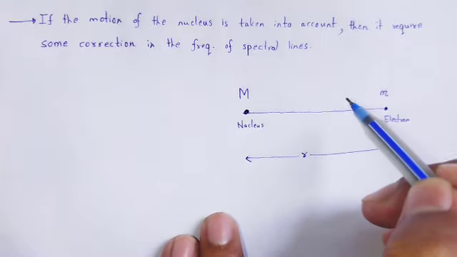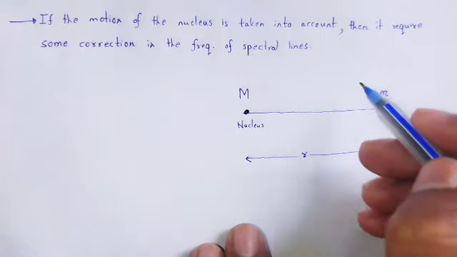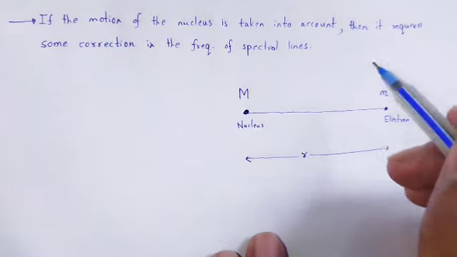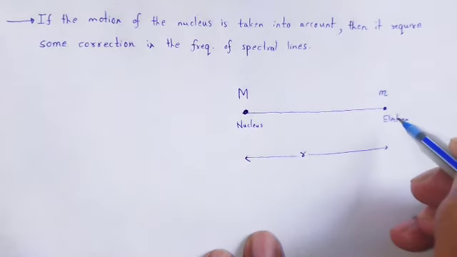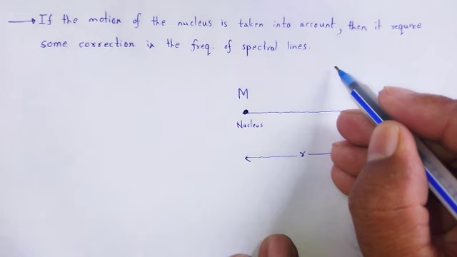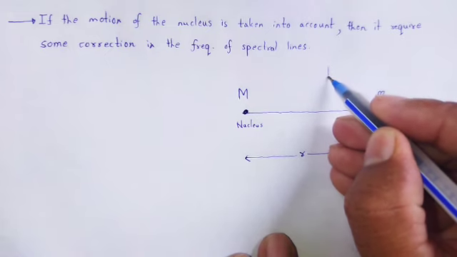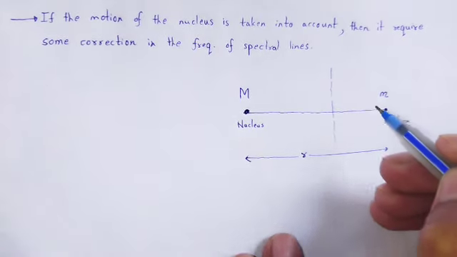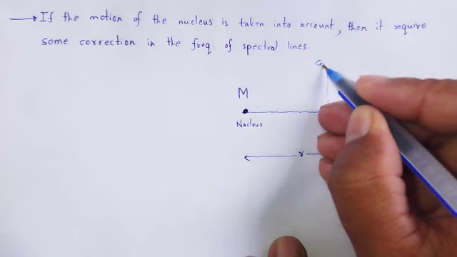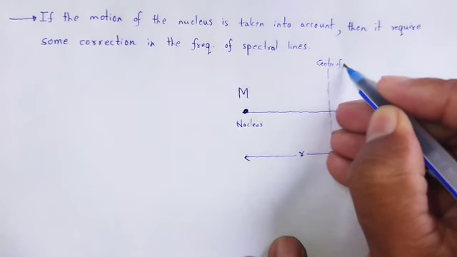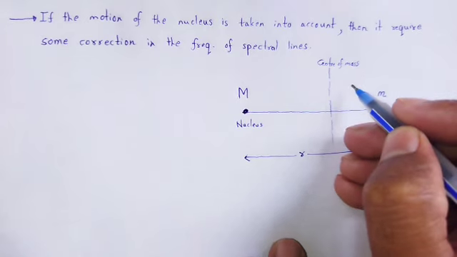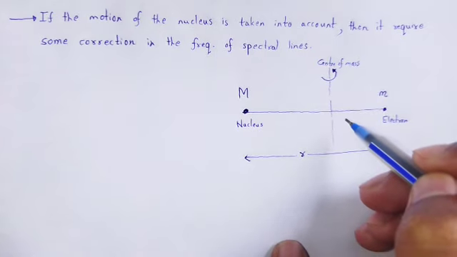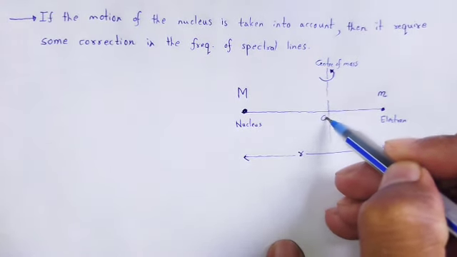And there will be a center of mass through which the nucleus as well as the electron revolve. This is the center of mass, at point O,